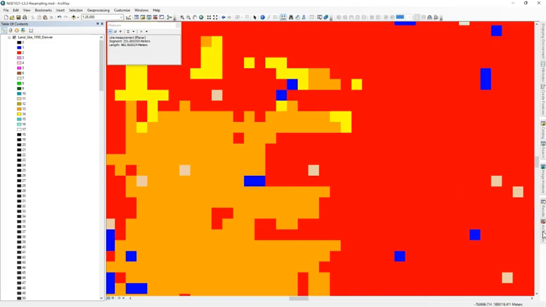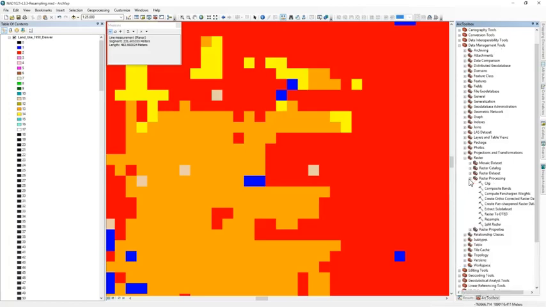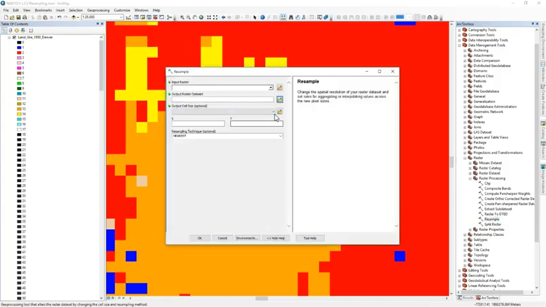So let's start off by using the Resample tool, if I can find it. It's in the Data Management Tools toolbox, under the raster tool set, and then in the raster processing tool set, there's a Resample tool. And it's a relatively simple tool. I provide the raster I want to resample and an output raster, and then I need to specify a new cell size and then the method for determining which cells belong to which new cells, or how do we map